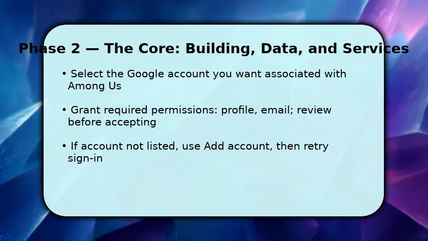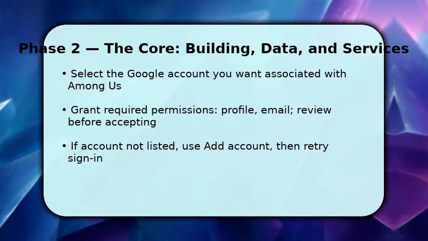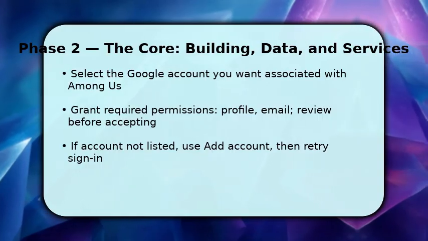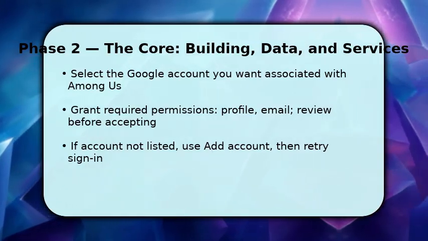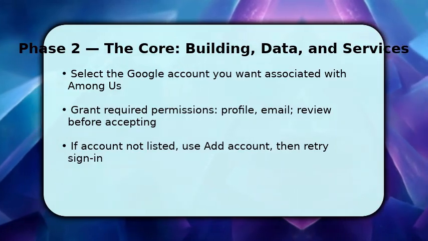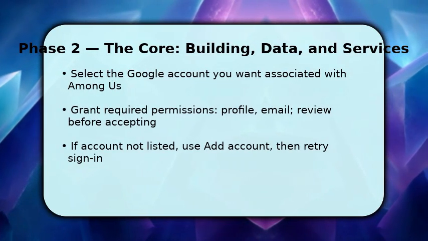After choosing, the game asks for permissions. Profile and email are typical. Read them and tap Allow to proceed. If your account isn't listed, choose Add Account, follow the device prompts to sign in, and then return to Among Us to retry. Remember, permissions let the game store progress and friends' data, so granting them connects your play history